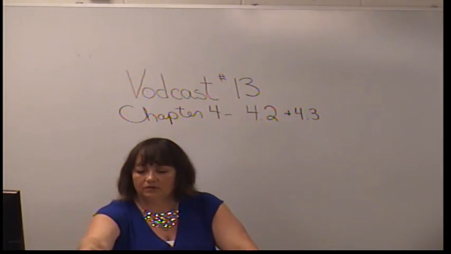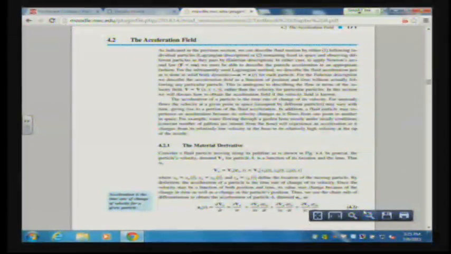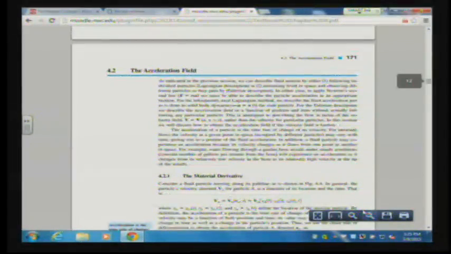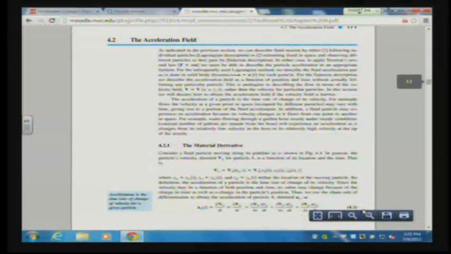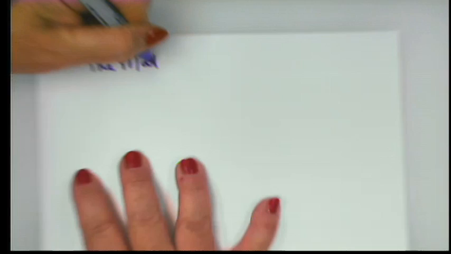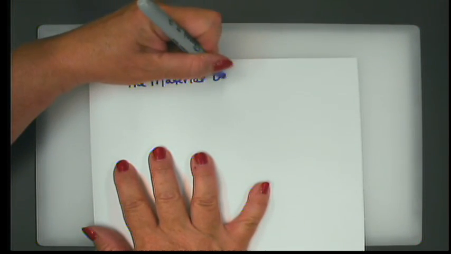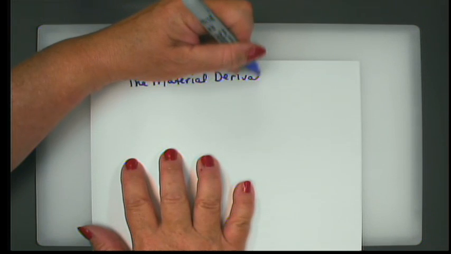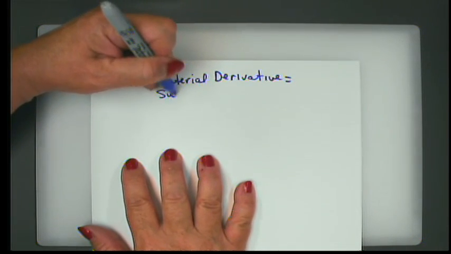All right, so when we talk about the acceleration field, the first thing I want to do once again is to refer you to your textbook, and this is page 171. We begin to talk about something called the material derivative, or it is sometimes called the substantial derivative. And I'm just starting up the document cam right now, so it'll be up in just a minute. The material derivative, which is also called the substantial derivative,